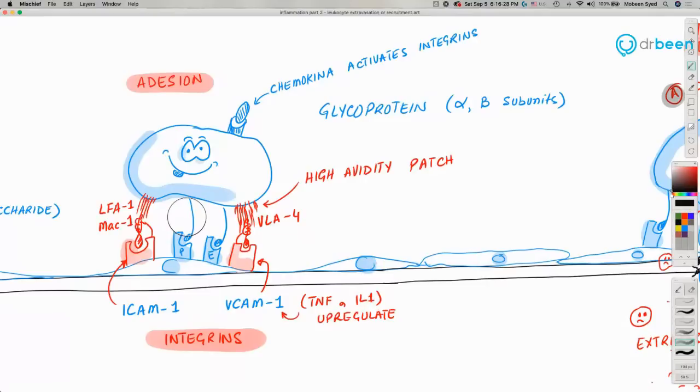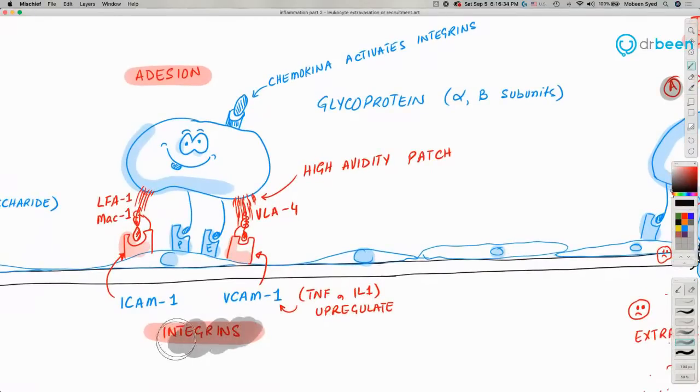So now we want it to actually stop here. And what happens is, for adhesion, another set of proteins are used which are called integrins. Integrins, for example, on the endothelial cell, are called ICAM1. ICAM stands for intercellular adhesion molecule, or VCAM1, which stands for vascular cellular adhesion molecule. So simply they are called integrins. They are proteins. They would bind more tightly, and they are present on the endothelial surface and on the leukocyte